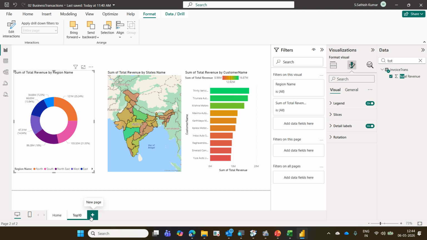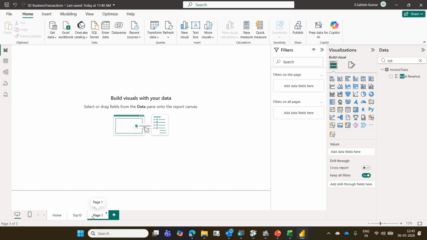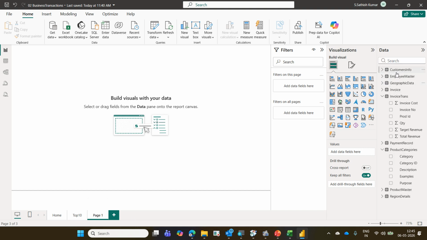It's very important to create visuals. Sometimes it's very important to create some tables, rows and columns. Two types of tables. Let me add a page. The advantage of Power BI is you can get the data from any table. All the 9 tables, you can get a report. From any table you can get the report.